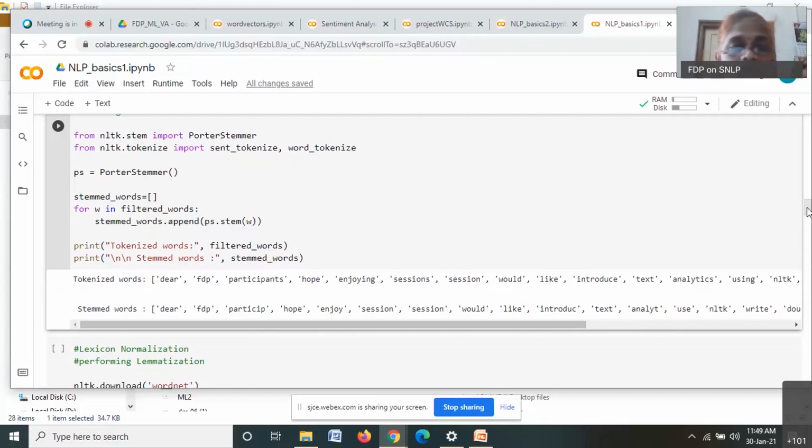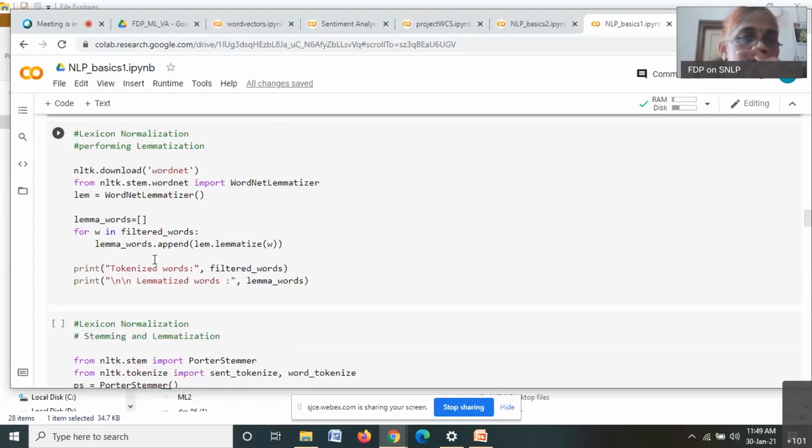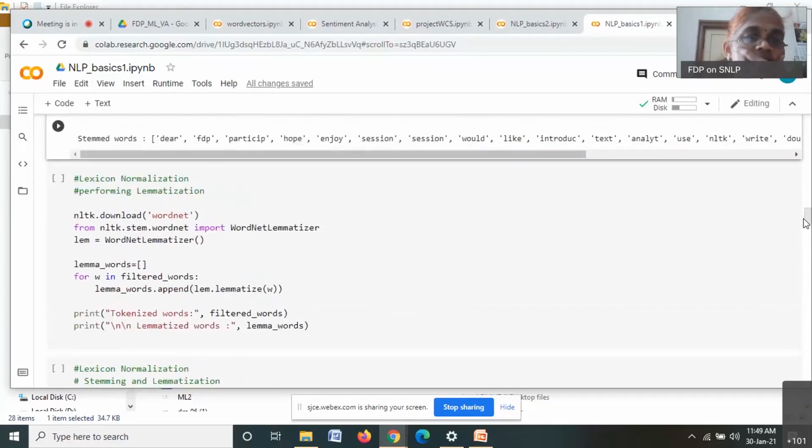Let us see lemmatization. So for lemmatization, what we need is WordNet. I don't know whether you have heard of WordNet. WordNet is like a lexicon. For English, we have a WordNet. Similar to this, we have WordNet for many of the Indian languages, and that is called Indo-WordNet. Even using Indo-WordNet, you can build a lot of applications. But I think, except for Hindi, for the rest of the languages, WordNet is not as big as that of English.